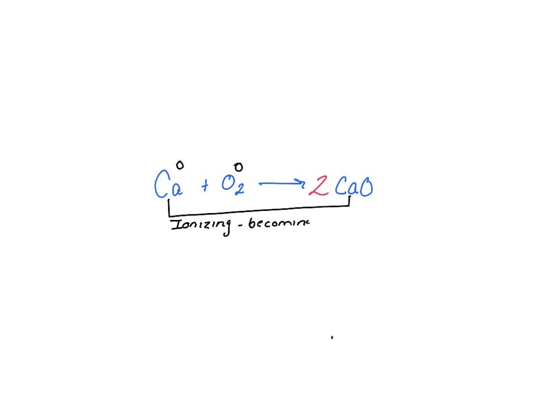Now, when it becomes an ion, that means that it's going to be an element that now carries a charge. So in calcium oxide, what's the charge of calcium? Well, I know that calcium carries with it a 2+ charge, and oxygen carries with it a 2- charge, because from here to here, oxygen is also ionizing. Now, this has to do with the fish. Remember the fish? Calcium, 2+, oxygen, 2-. This number becomes the number here. This number becomes a number here. And because they're both the same number,